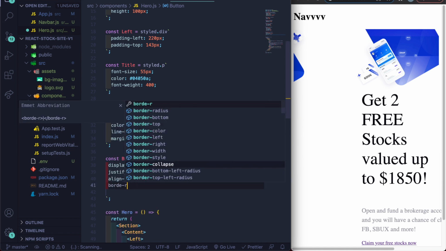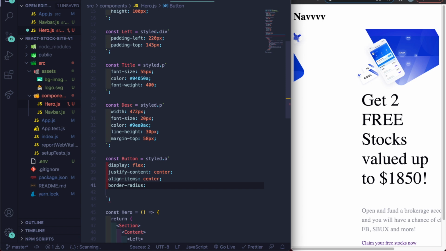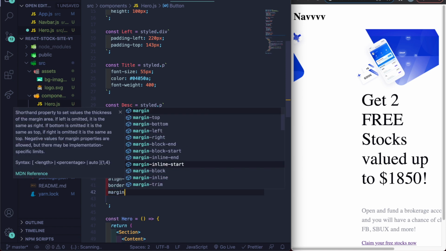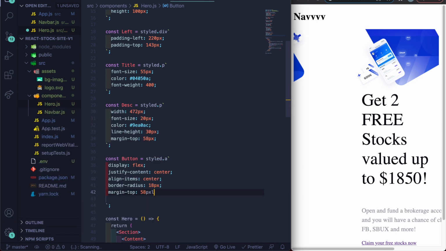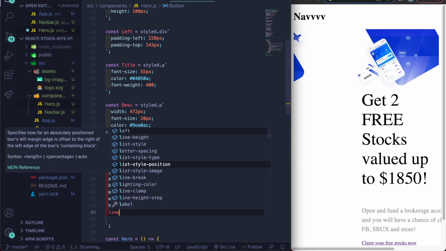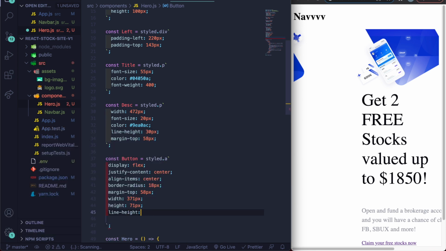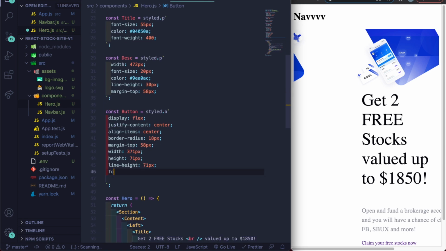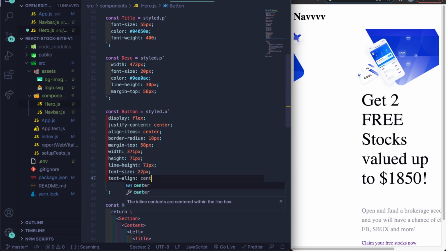Let's see, border radius. What is that? 18 pixels. Let's see, margin-top. We'll do 58 pixels. And then we'll do width, 371 pixels. Height, 71 pixels. Line height, 71 pixels. And then we'll do font size, 22 pixels. Text align center, color, there's hashtag FFF,